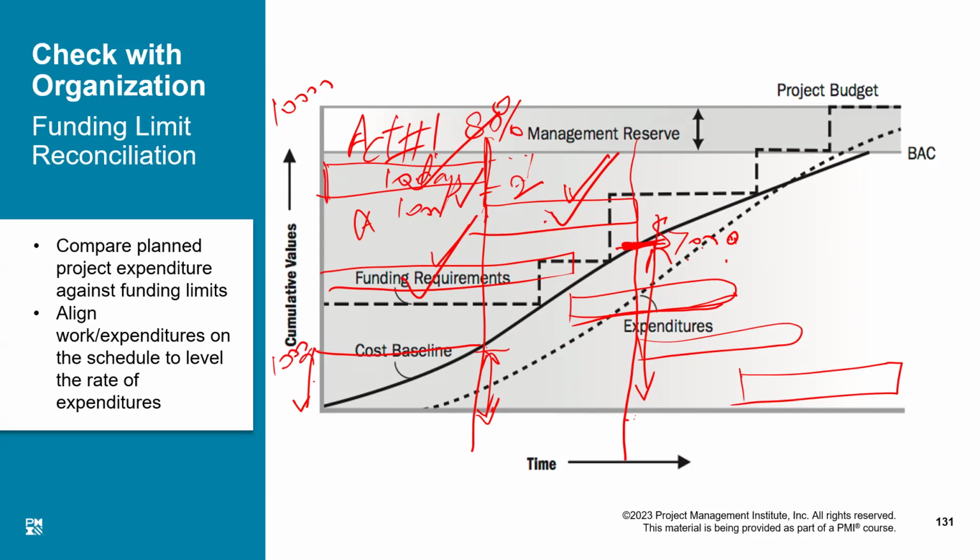Exactly. Actually, if you can draw your schedule on top and your cost baseline on bottom, you can relate which activities should have been done, and you already know the budget you estimated for each activity: the budget for activity 1, activity 2, activity 3, right? So say there are 6 activities in your project. If I add all of that, I will actually get this value, which is